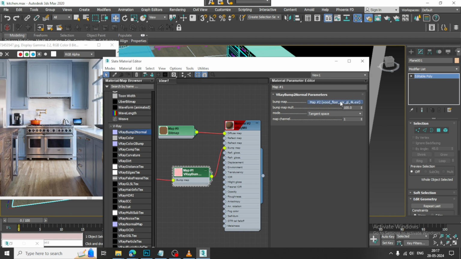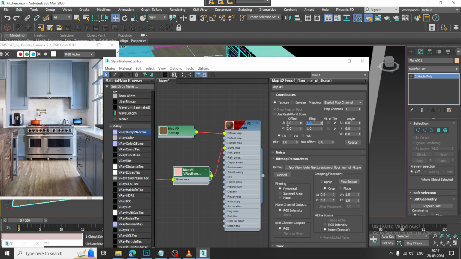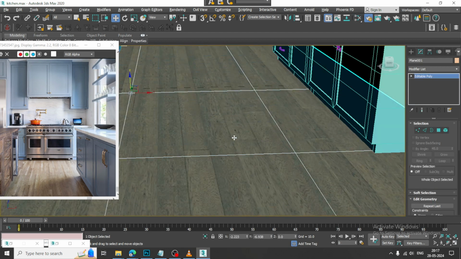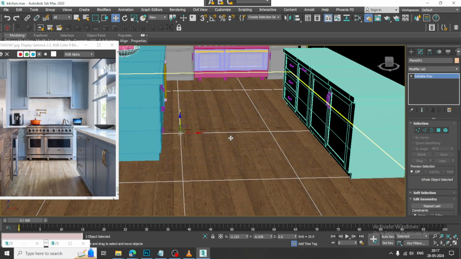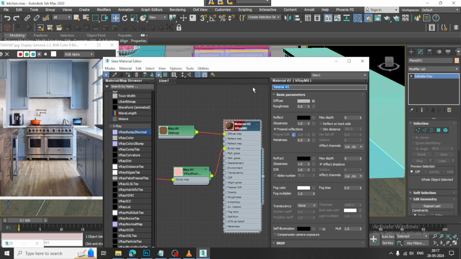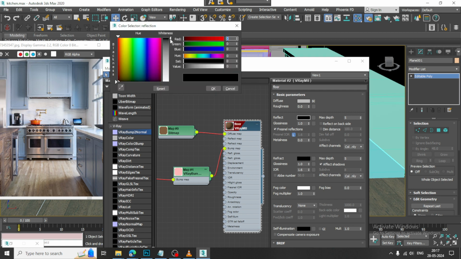Similarly again I can go into this and say 3 by 2 over here for the normal map. We can assign a normal map. Also I can just rename this and let's give a bit of reflection over here slightly